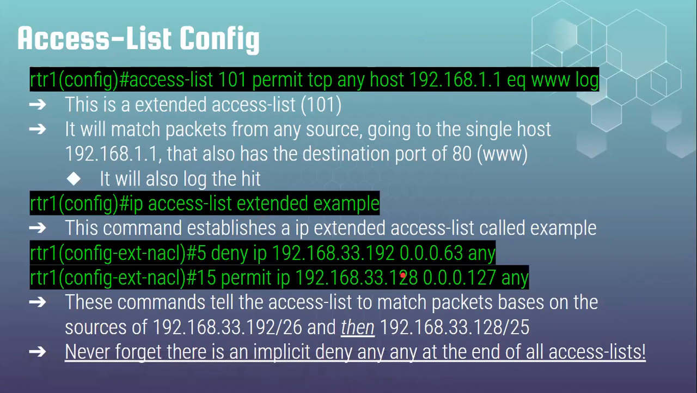192.168.33.128. This one here is nice and simple, it's a 127, so that means it's /25, which means it's going to be the whole back end of the 33, right? What's interesting about this is the first thing, it's going to deny the back half, 192 all the way to 255 will get denied, but 192.168.33, so 128 to 191 will be permitted